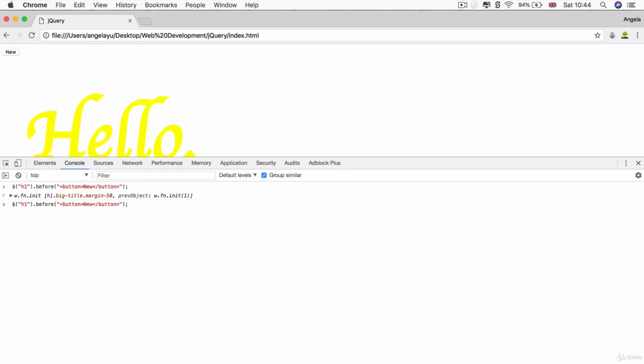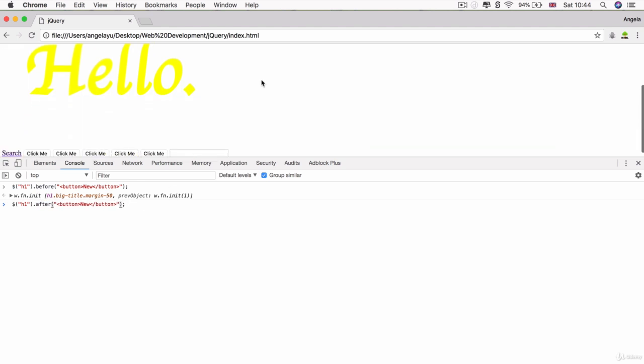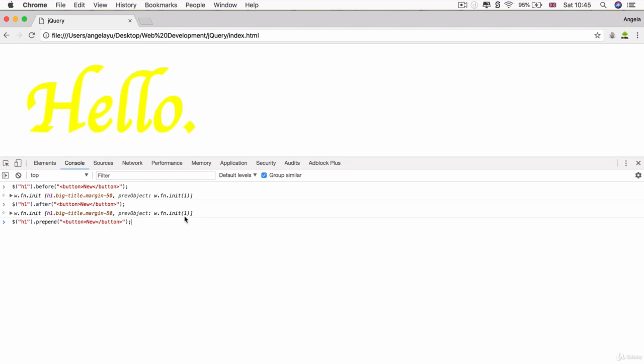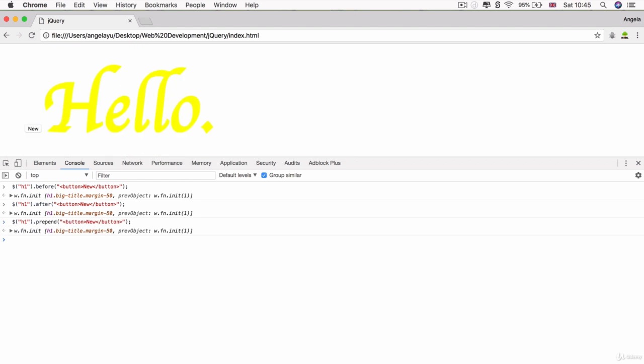So previously I showed you how you can use the before. Now there's also after, which creates our HTML elements after the element that we've selected. So in this case, it creates it here after our H1. Now there's also prepend and append. And the difference between, say, prepend and before is that prepend will add your new HTML element into the item